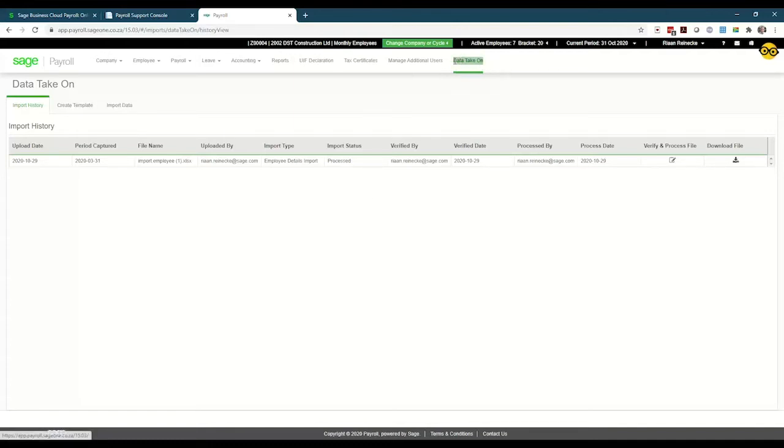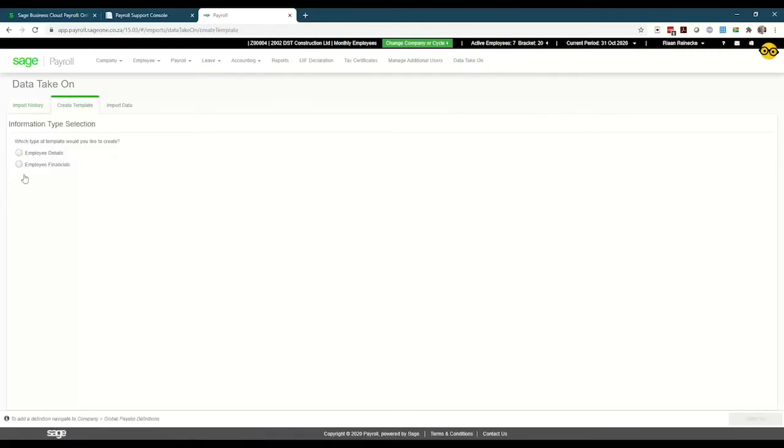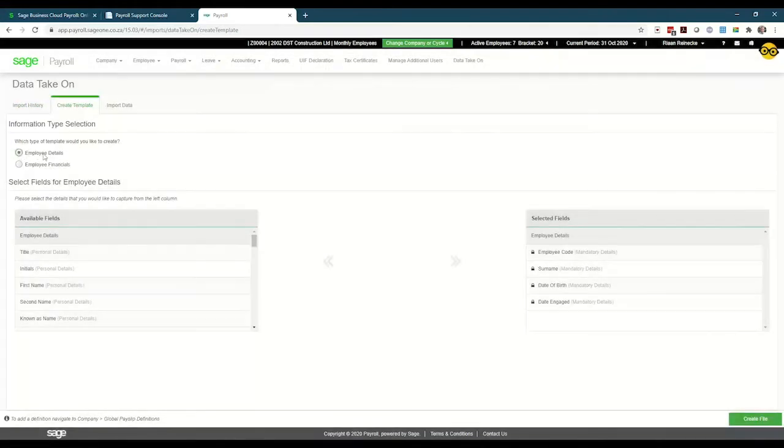Doing a data take on is as follows. First, create a template. Employee details, you can either do employees or the employee financial data. And then on the left-hand side, I've got the available fields. So you can build your own template based on the data that you might have available. So let's say I've got his title, initials, first name. I've got his second name, ID number,